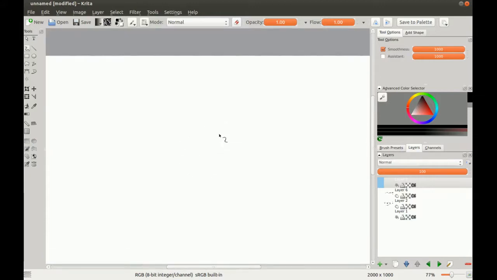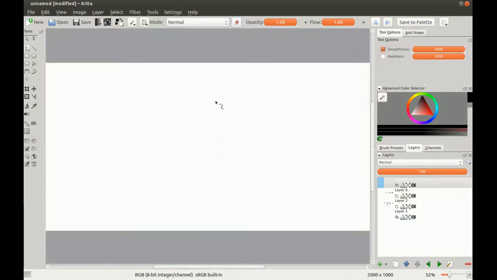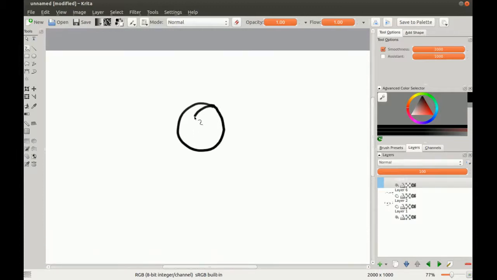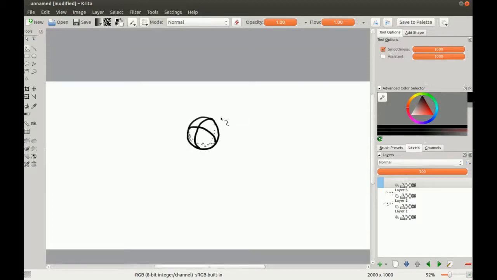Here, how do I explain this? I want to imagine a sphere. Let me see if I can get a nicer circle here. Yeah, I want to imagine a sphere. So if you had a sphere here, and you can see through it. It's almost like a baseball or something like that. If you have a sphere like that,